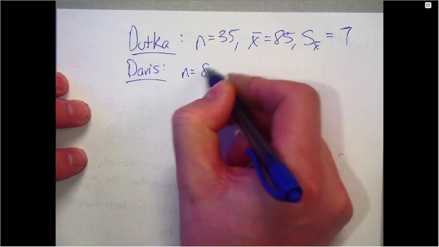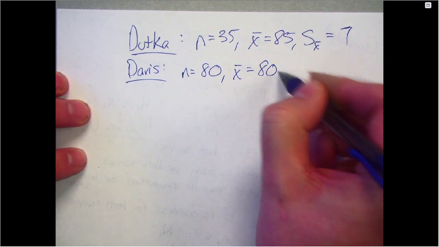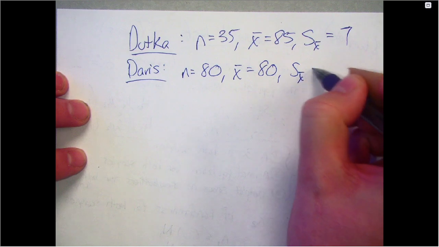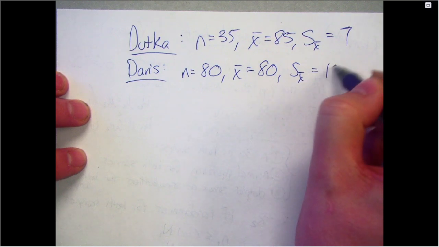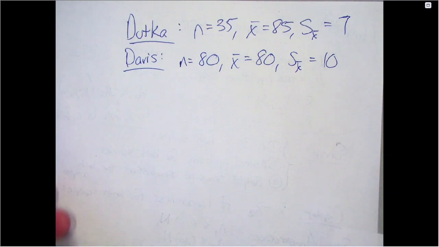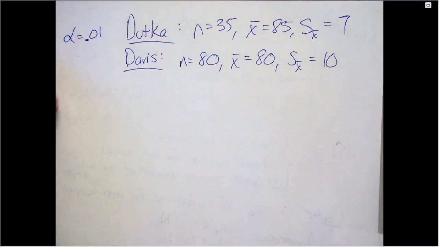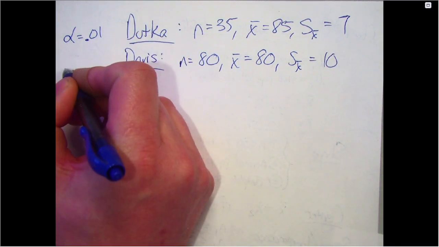I have 80 kids. My average was 80. Standard deviation is 10. Alpha is 0.01. And I want to know